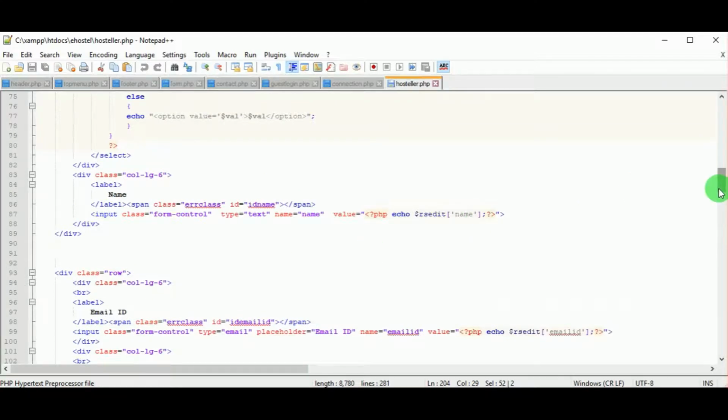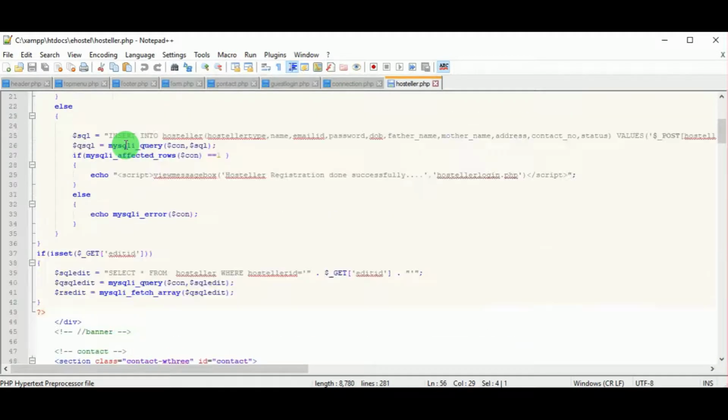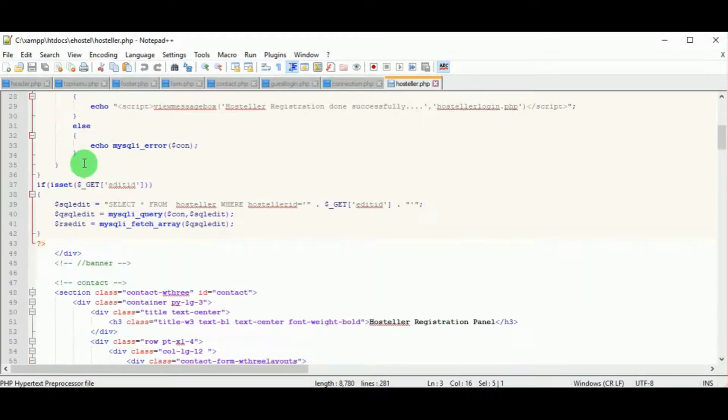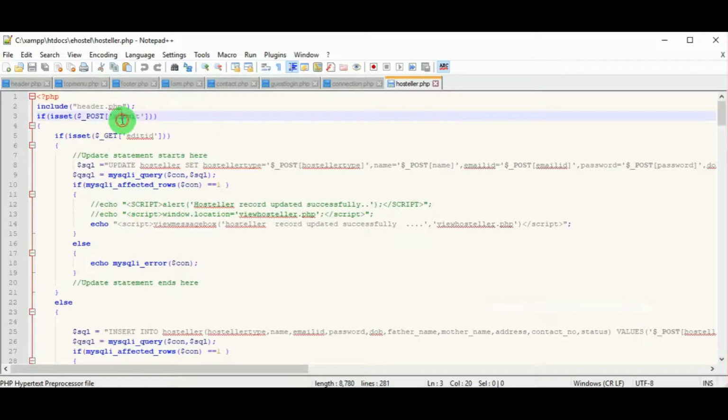Now let us see how we can register. So there is method post. Once the validation is proper, it is valid, then the system is redirected to method post with the submit. So there is method edit also, that is method get with the edit ID. So this is not invoked since the method is post, method post is invoked, and inside the method post you can see again there is an edit ID, and this is for update.